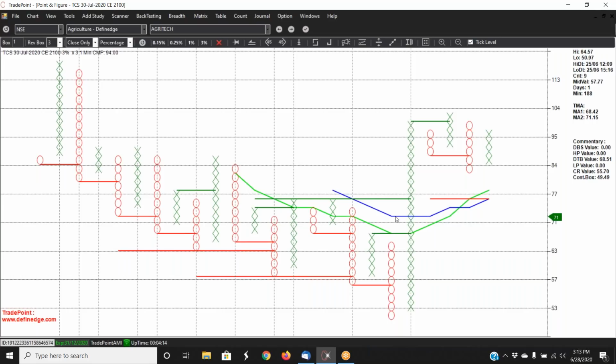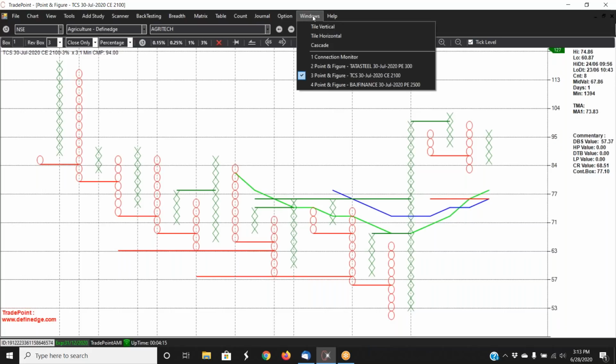So this was a huge anchor column on the TCS 2100 call on Friday morning. It went up all the way from 50 to 97 in just one column. And this is a 3% chart. So even lower, if it comes down to something like 70, 75, this can be a good long with a stop loss below 50, and this can go towards 120. So if TCS opens lower, if the call is near 70, 75 with a 25 rupee stop loss, it can give a good risk reward ratio trade.